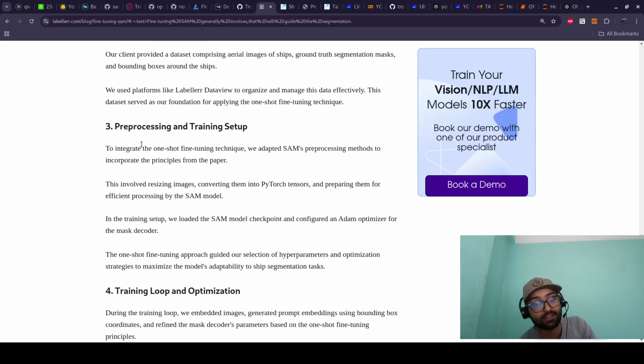Pre-processing and training setup. To integrate one-shot fine-tuning, we adopted the SAM preprocessing method and incorporated the principles from the paper. This involves resizing the images and converting them to PyTorch tensors, preparing them for efficient processing by the SAM model. In the training setup, we loaded the SAM model checkpoint and configured the Adam optimizer for the mask decoder. The one-shot fine-tuning approach guided our selection of the hyperparameters and the optimization strategy to maximize the model's ability on